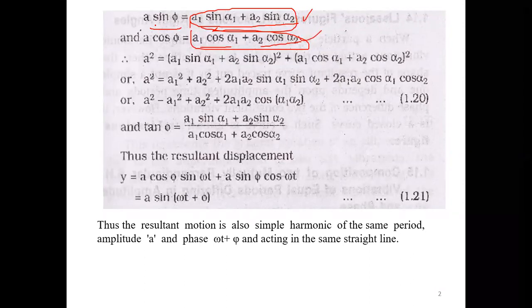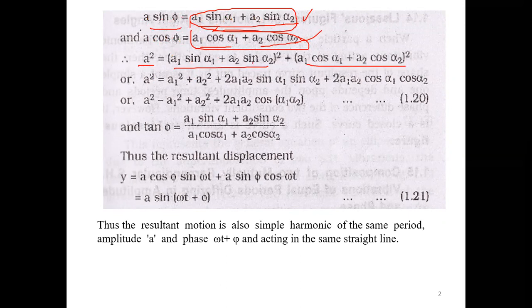Okay, by this, if you choose A sine phi as this and A cos phi as this, and you square both sides, this will be A squared sine squared phi and the square of the other one, and A squared cos squared phi and the square of the other one. Then squaring and adding these two, this will be A squared into sine squared phi plus cos squared phi, which is A squared. Then if you expand that,